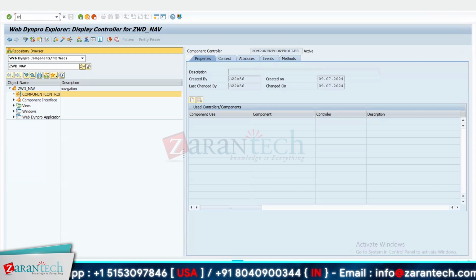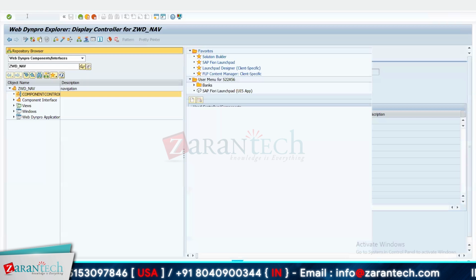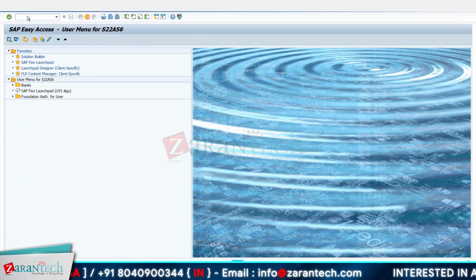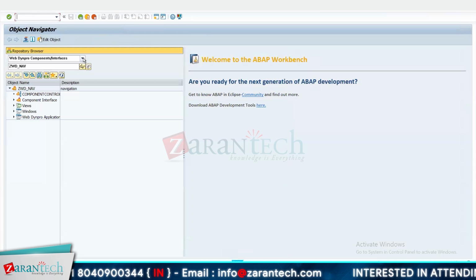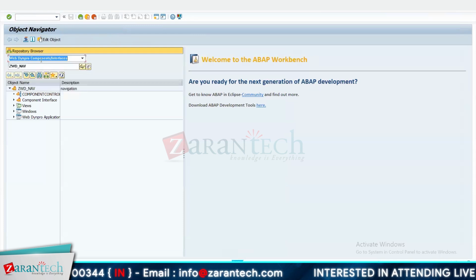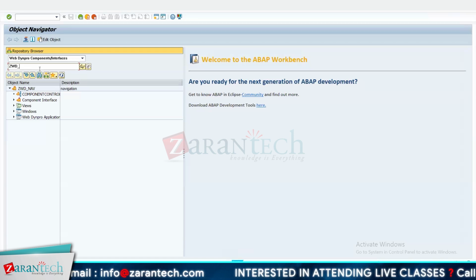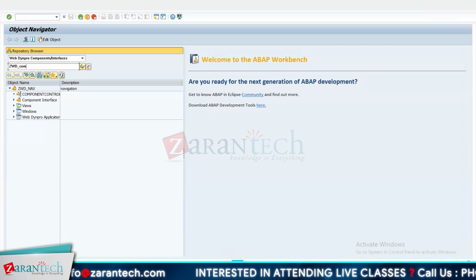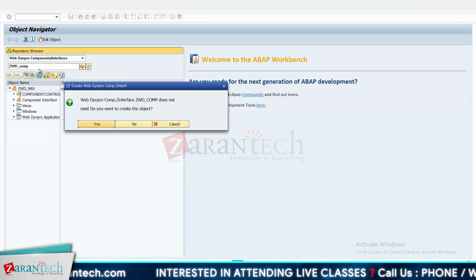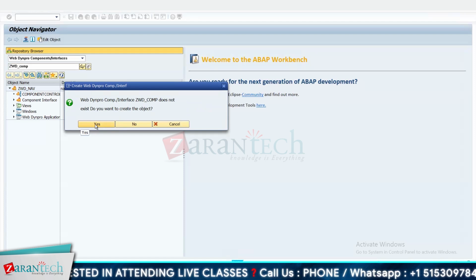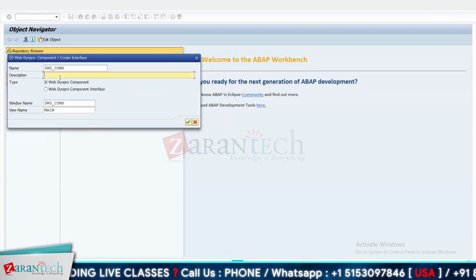So let's go to our SAP GUI, and here you have to go to the SE80 transaction. Then you have to choose Web Dynpro component and interfaces, and create an application ZWD. Let's name it comp, and you will get a pop-up because we do not have any already existing Web Dynpro component with the same name, so we can create a new one. So click on yes, give a description,